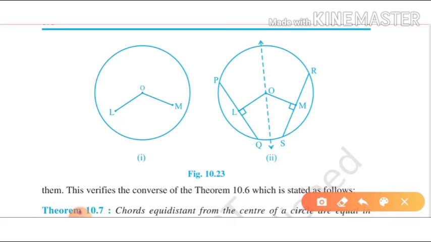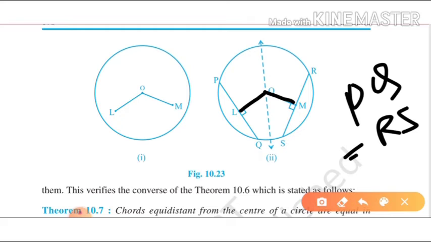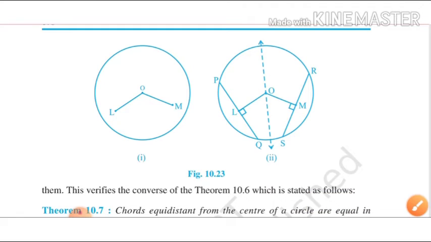This one, if these two, OL and OM, are equal, then this PQ and RS, they are also equal. Okay, this is the converse. Now how to prove? For proving it, you can just